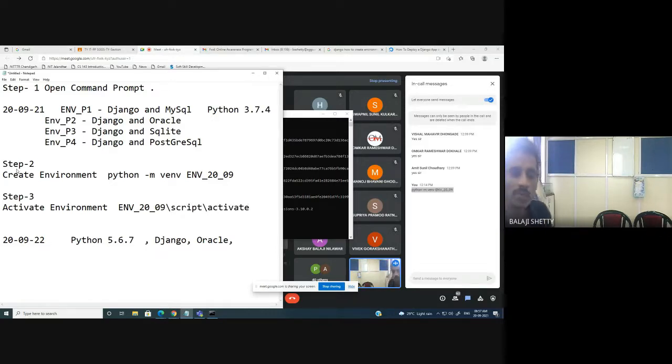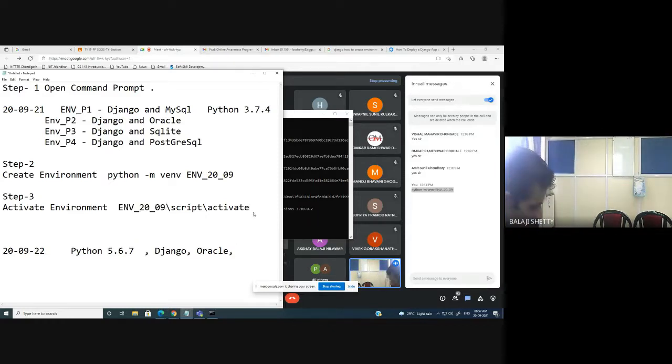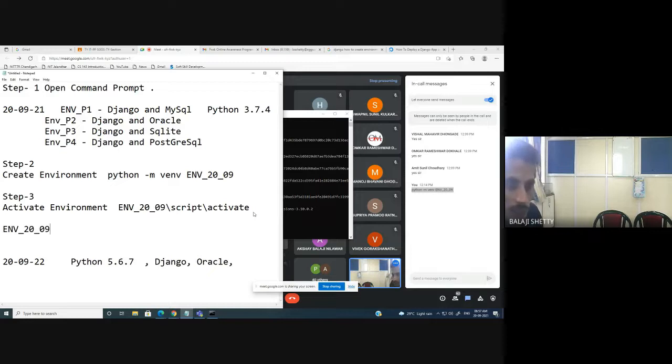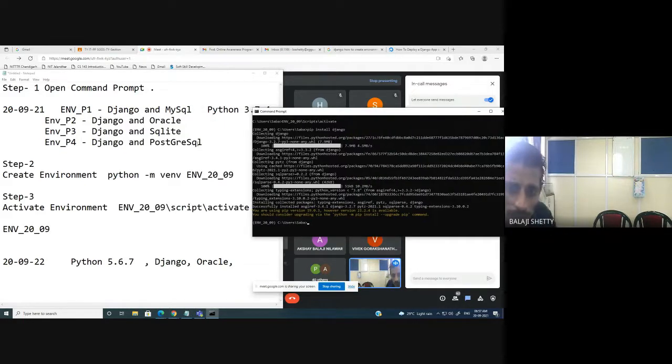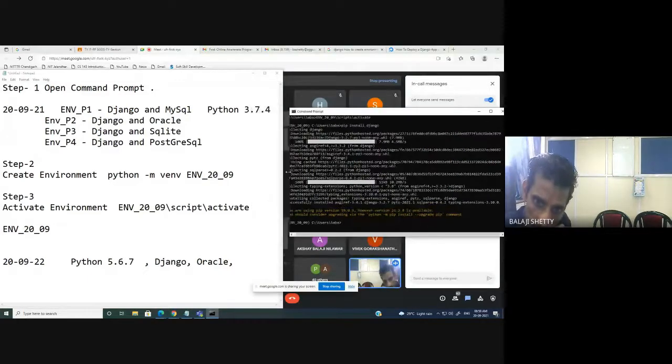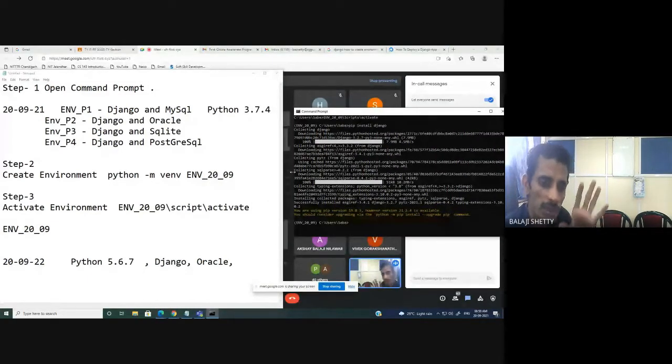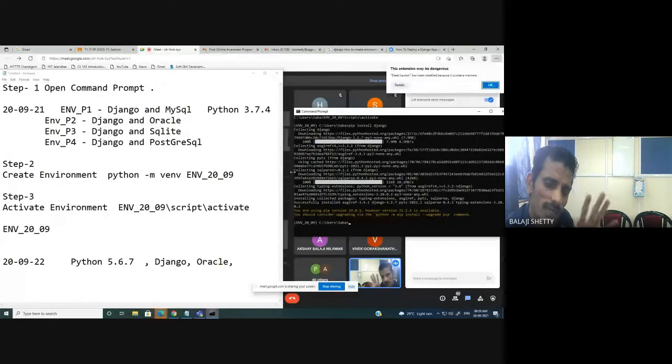This is the command to activate the environment. The moment you enter this command, you will see this name here. Again, I will do the practical. Don't worry, I will create one more environment in front of you. Whatever I'm explaining, first I'm explaining in a theoretical way. First, understand the basics. Why do we learn the concept? Then you can do any project in the world.